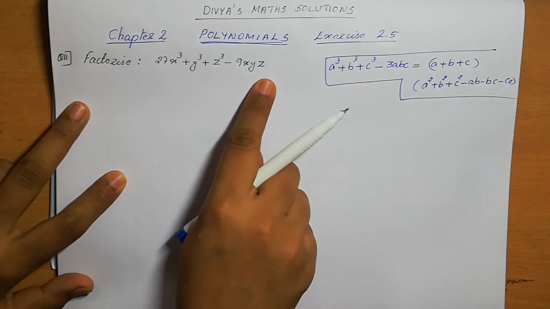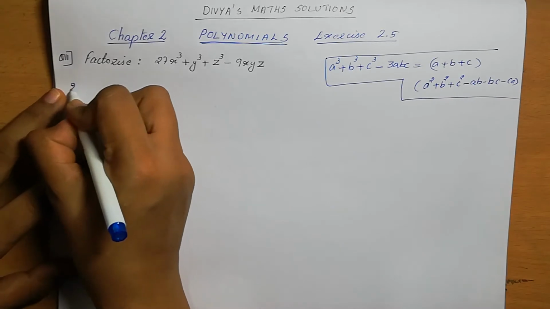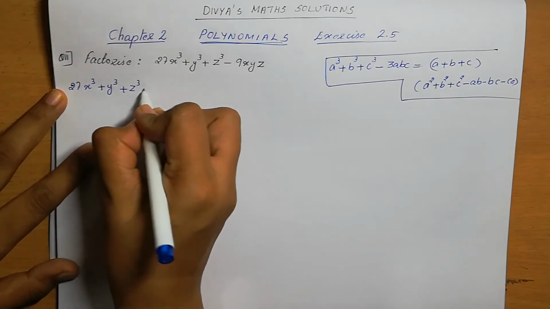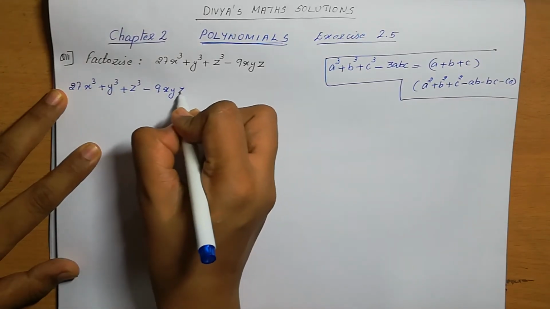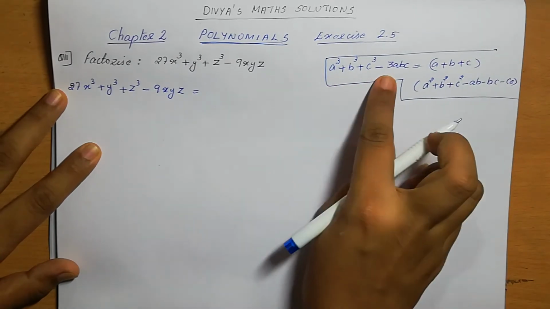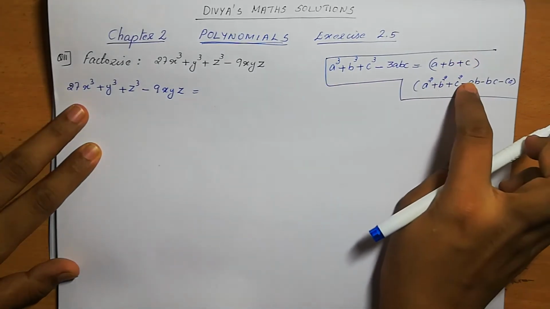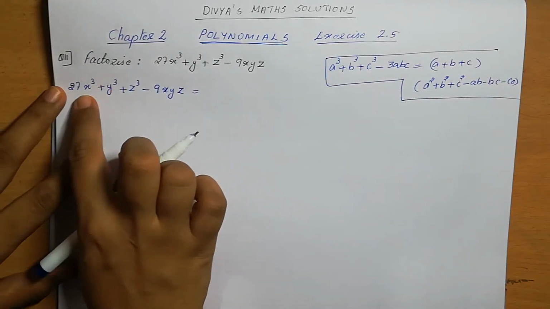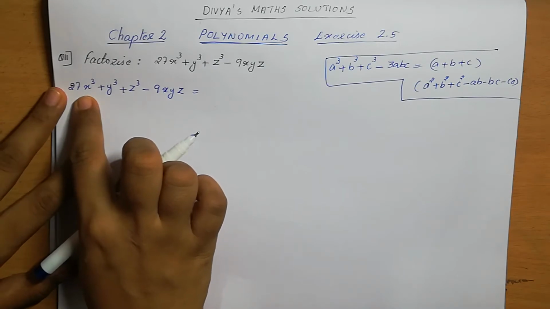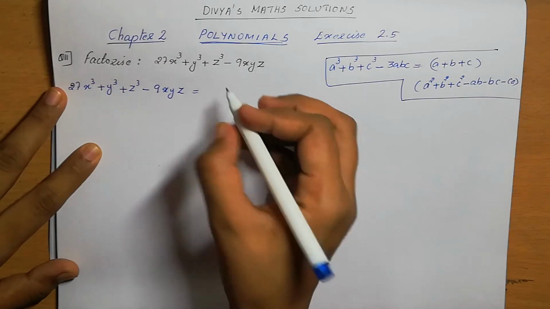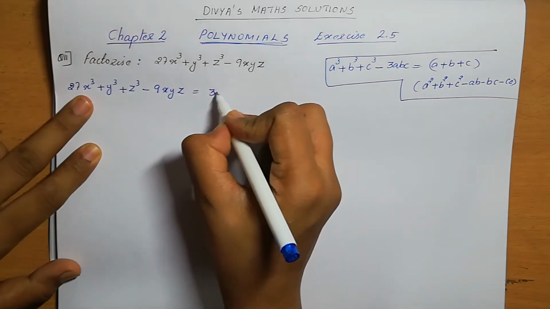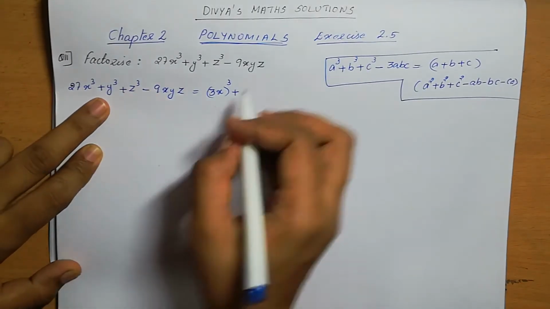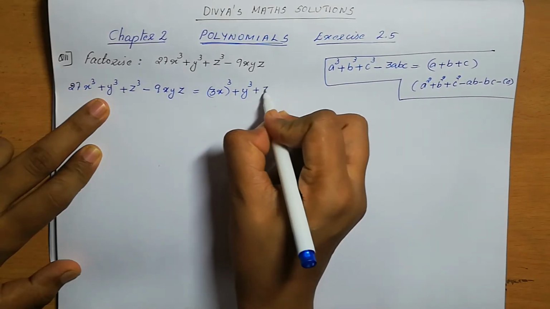So like this we need to rearrange the equation first. This equation we can write as 27x cube plus y cube plus z cube minus 9xyz. That means with three cube terms, the expression should be in this form; then only these two are the factors. So first we need to arrange this in the standard form. This is a cube, so we need to write the whole cube. 27 means what? 3 cube is 27: 3 into 3 is 9, 9 into 3 is 27. That means this 27x cube I can write as 3x the whole cube, plus y cube and z cube, with no change.